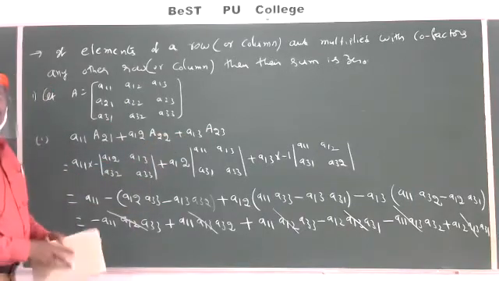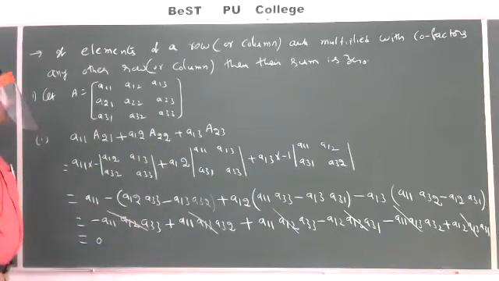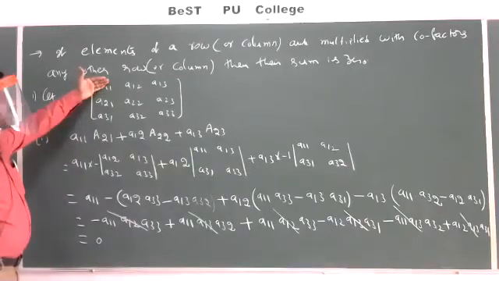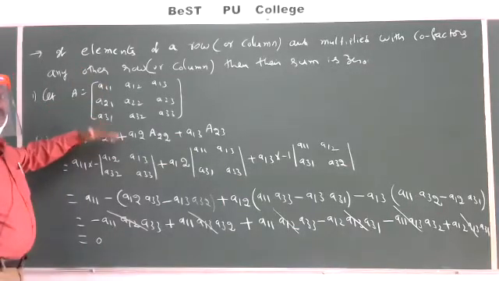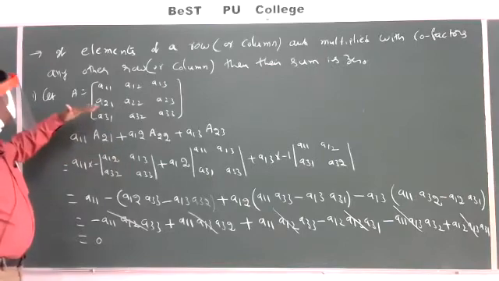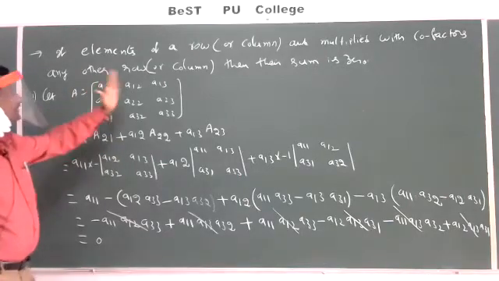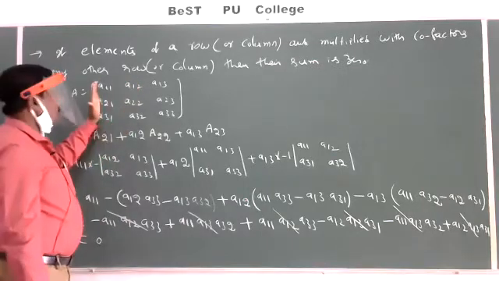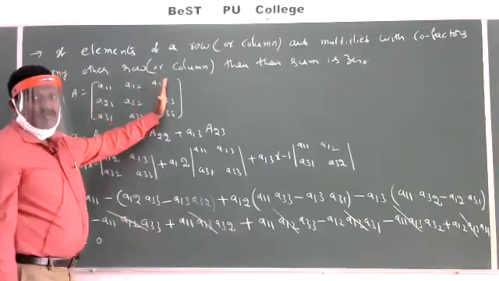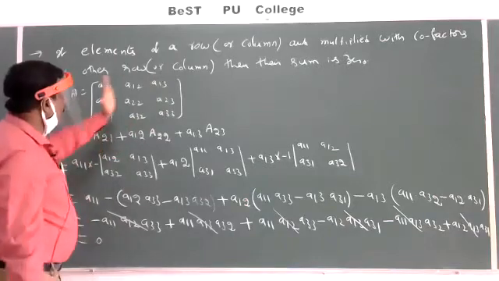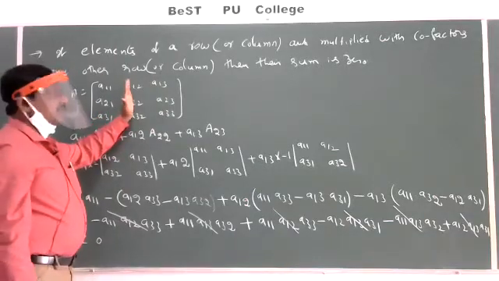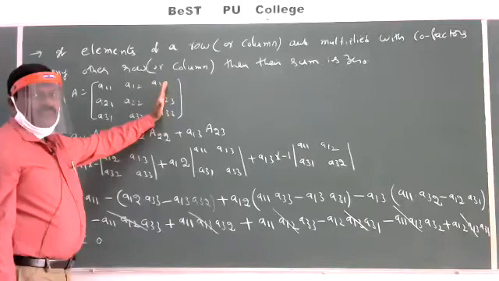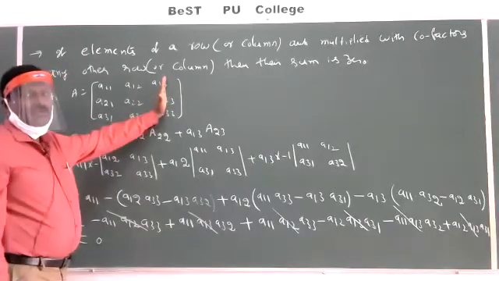First row elements and second row cofactors. Similarly, if you take first row elements and the third row cofactors, the value must be 0. Next, first column elements, second column cofactors. First column elements, third column cofactors. Or if you consider second column elements and third column cofactors, or third column elements and